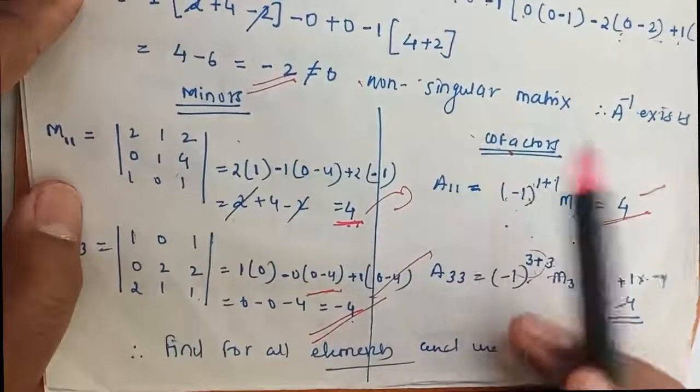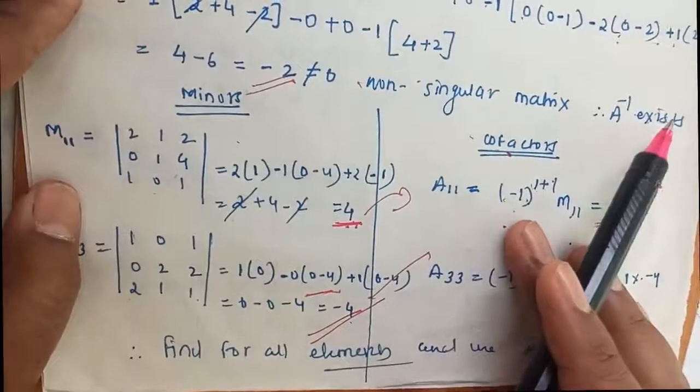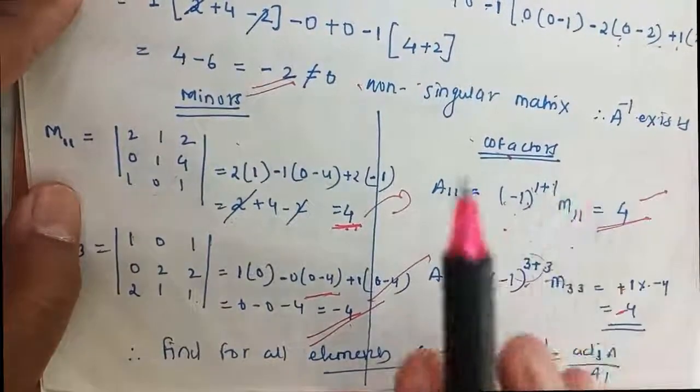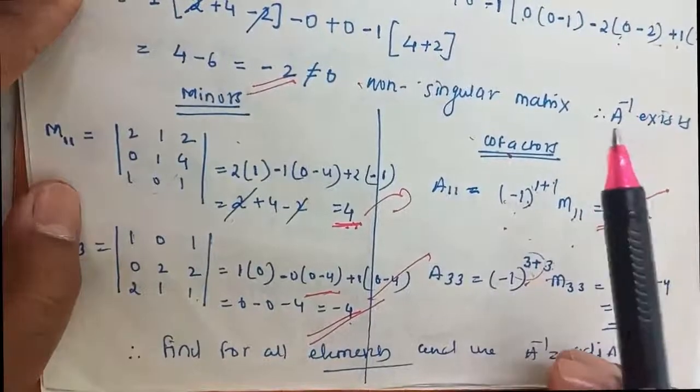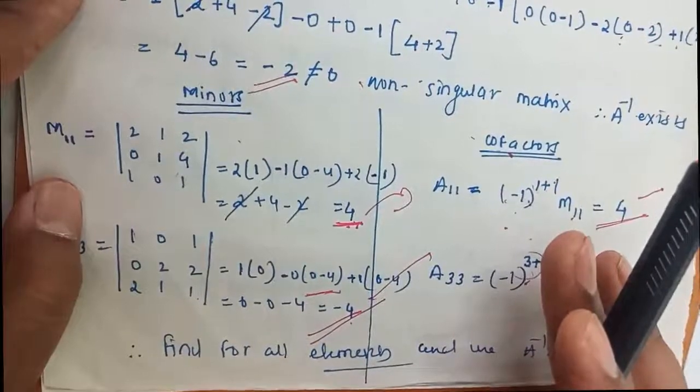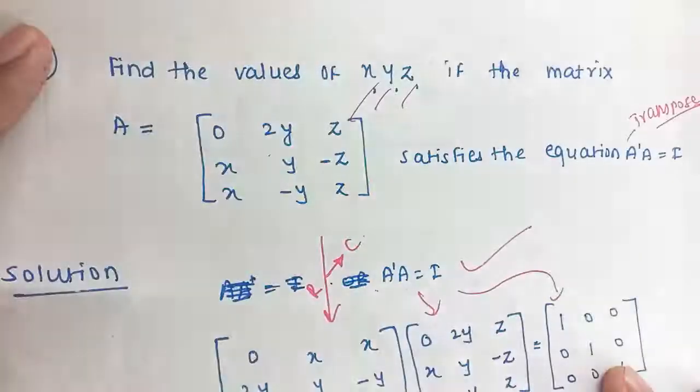Why have I explained this problem? Because in case they ask for a 4 by 4 matrix, you should know how to expand it and how to find the minors and cofactors. Everything is the same, just instead of getting 2 by 2 matrices, here we are getting 3 by 3 matrices. That is the only major difference.